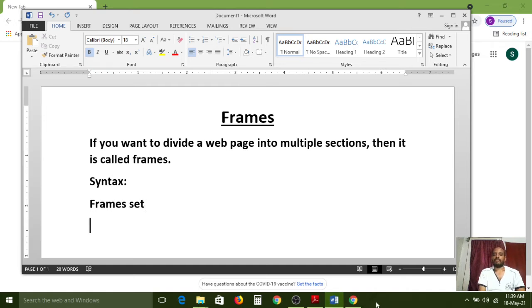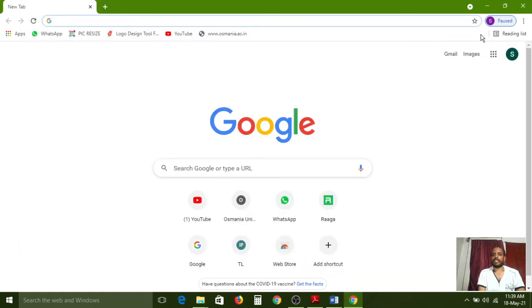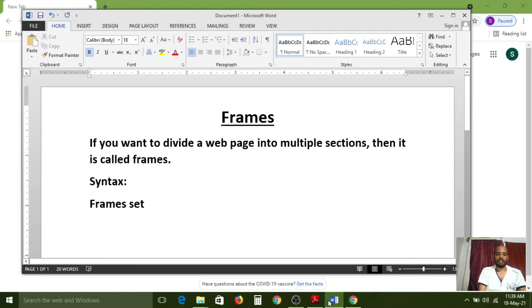If you want to divide this complete frameset into multiple sections, for example, I want to split this web page into 3 sections in a horizontal way, 3 rows. Up to here one section, and up to here one section. Each partition is called a frame.